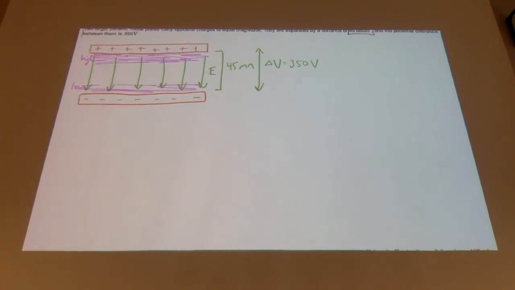Now keep in mind, it's not like the way I've drawn it where just the top is high and just the bottom is low. It's like a gradient, okay? It's a slope. It's ever changing as we go from the highest possible potential to a little lower, a little lower, a little lower, until the lowest possible potential at the bottom plate. So a few different things we're going to ask,